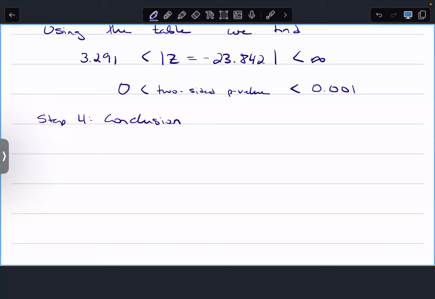Same three parts, right? We still have to touch on each of those three parts. I have to compare my p-value to my alpha level. We didn't establish an alpha level, but standard default is 0.05, so we'll keep that. And then what does that mean in terms of my null hypothesis? And then what does it mean in terms of the question? So same standard structure. Since our two-sided p-value,